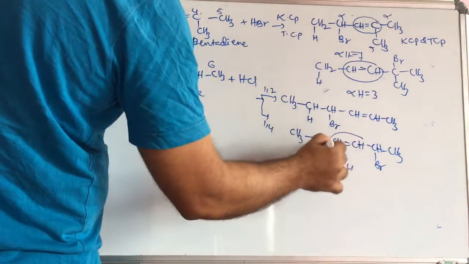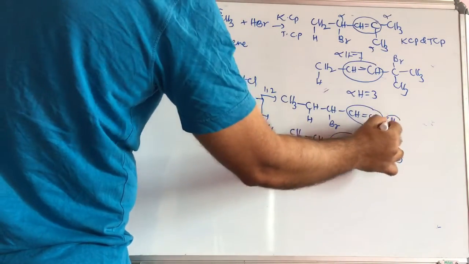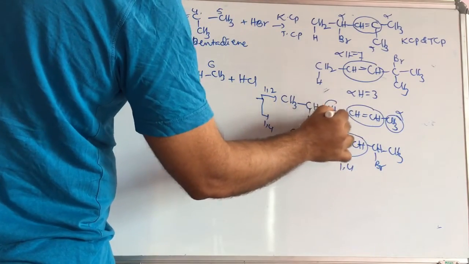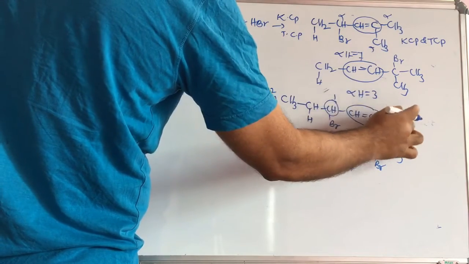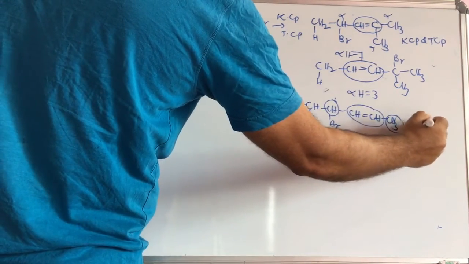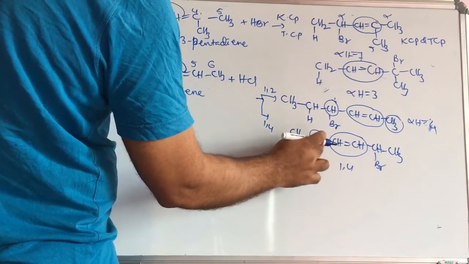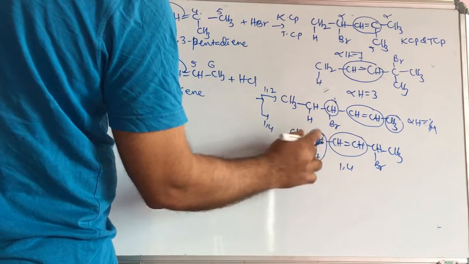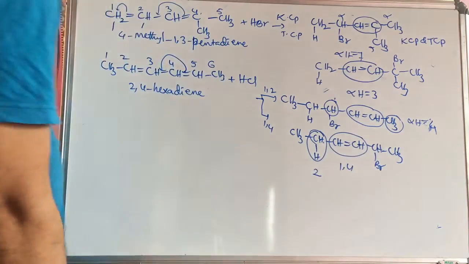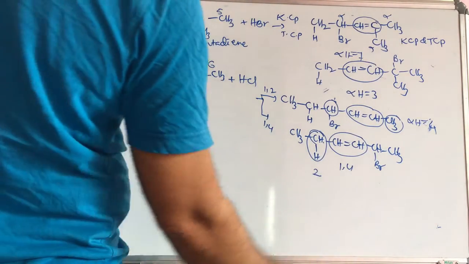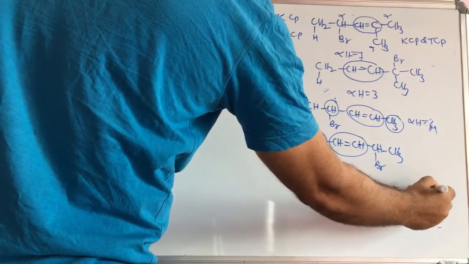Now you can take this alkene. How many alpha hydrogens are present? Alpha hydrogens are here 3, and here alpha hydrogens are 1. Then total alpha hydrogens are 1 and 3, so we can write alpha hydrogen equal to 4. Here alpha hydrogen is 2, because this hydrogen also we consider, the alpha carbon hydrogens are alpha hydrogens. Here 2 alpha hydrogens, here 1. Then what do we get? Total 3 alpha hydrogens.